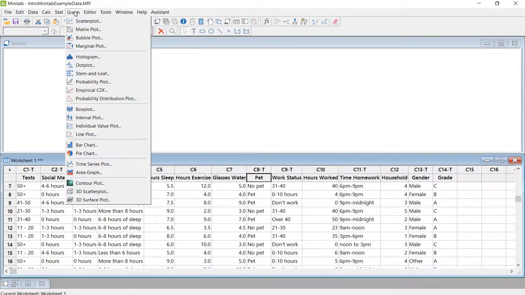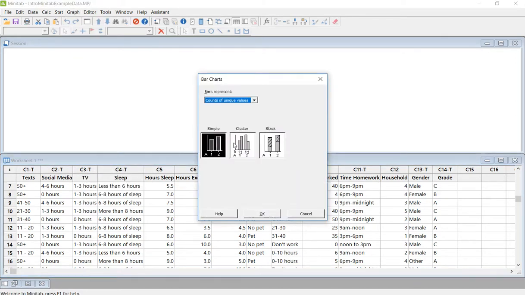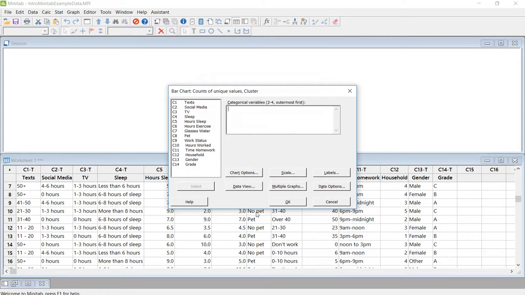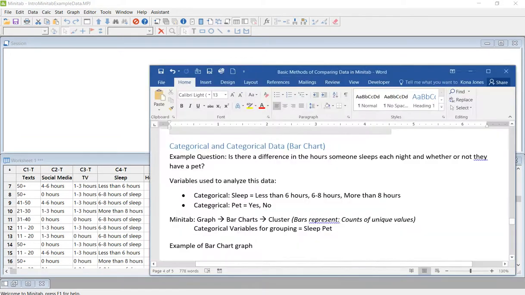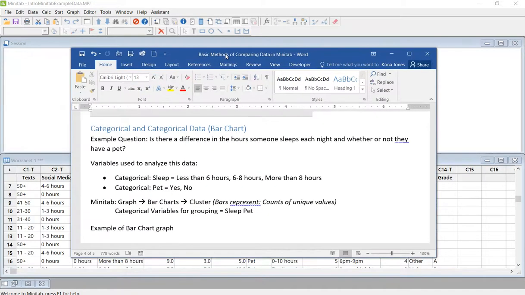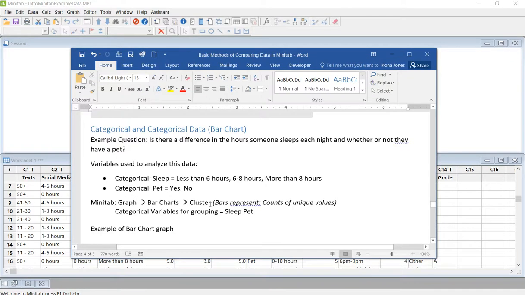Then we're going to come up to graph and bar chart and cluster. And for this one, it is counts of unique values and cluster. Click OK. And so then what we would do is just add our categorical variables. So for this one, let me move this over. What you're seeing, graphs, bar charts, clusters, counts of unique values, but for the categorical variable by group, you want to put it in order of sleep and then